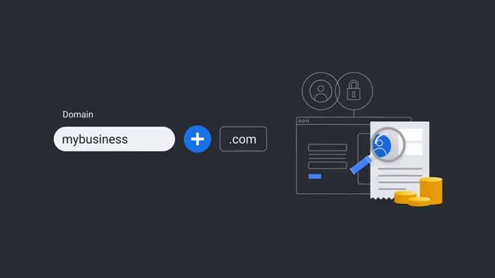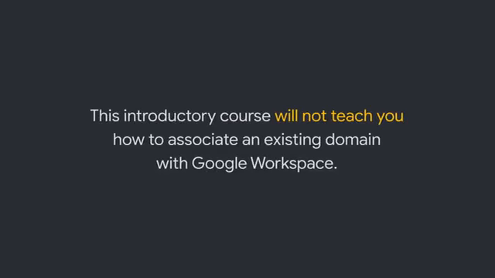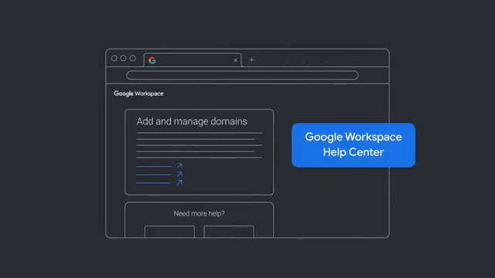You'll purchase the domain as part of the sign-up flow, so you'll own it. If you already own a domain, you can use that one, but please note that the instructions here assume you're purchasing the domain as part of the sign-up process. Now, it's important to note that this introductory course will not teach you how to associate an existing domain with Google Workspace. We have, however, provided links to the Google Workspace Help Center, which does document the requirements and the